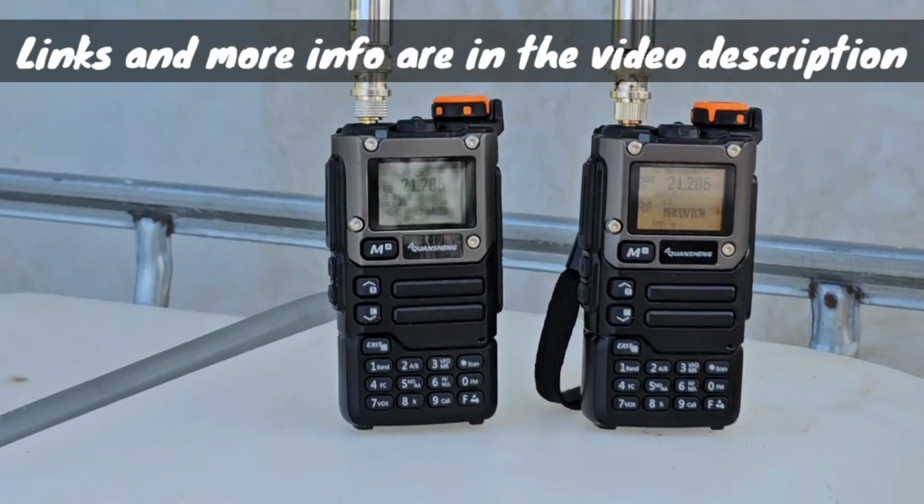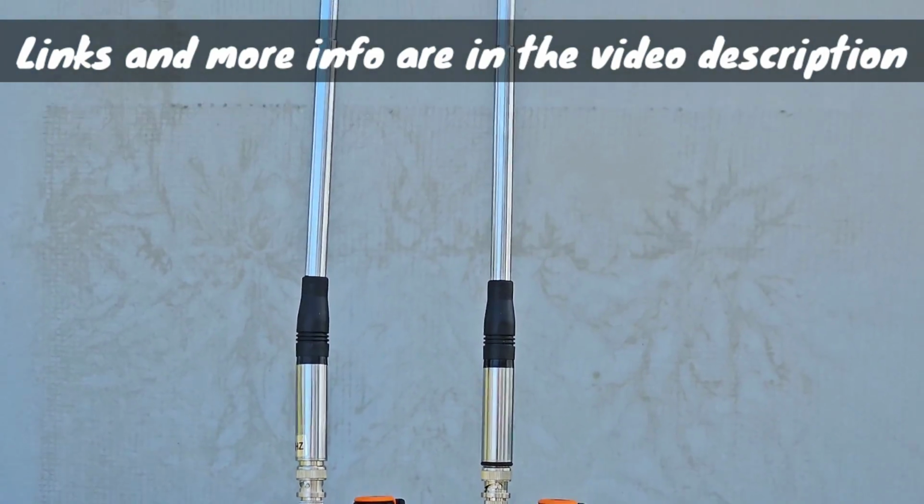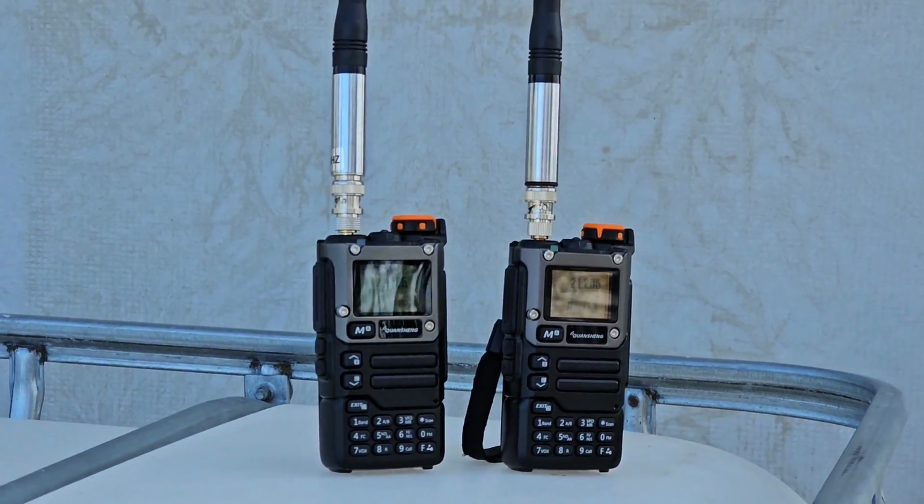Alright guys, so as you see, this modification is maybe really worth doing if you like to receive signals on the UV-K5